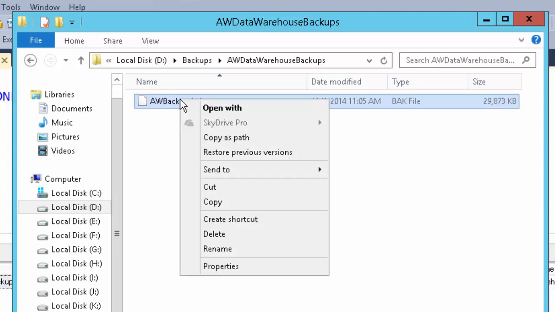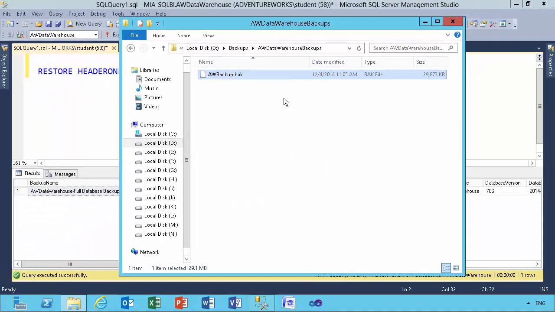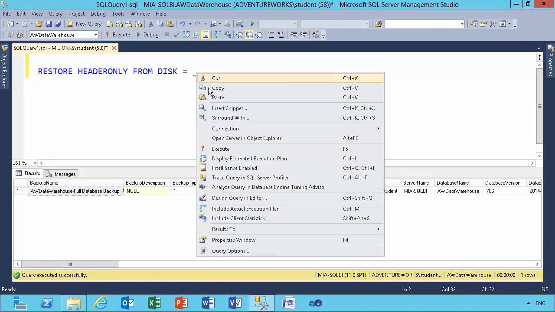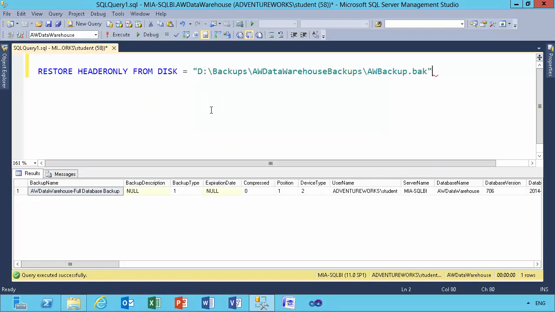and then I'll note that in the menu that pops up while holding down the shift key, I have an option, the third option from the top in my case. It might be different depending on your version of your operating system. I have a copy as path option, and that's what I'm going to choose, copy as path. So I'll select that, go back to my script file, right click and paste,